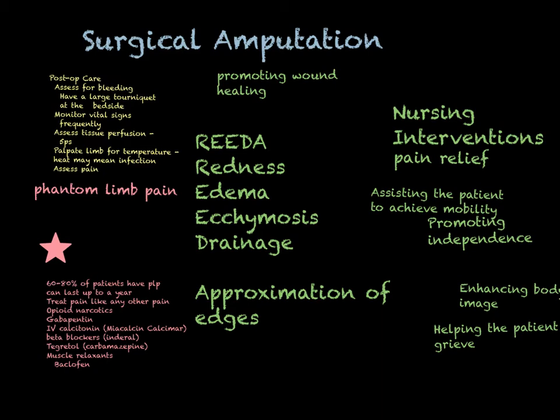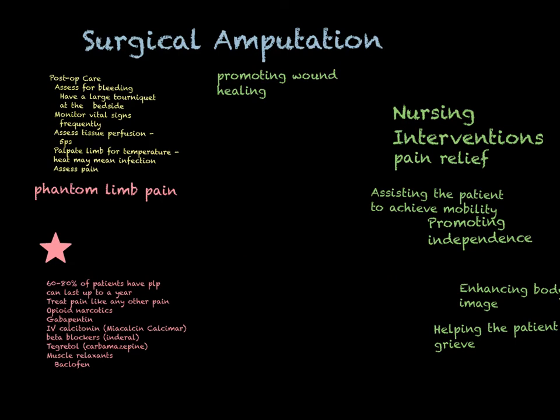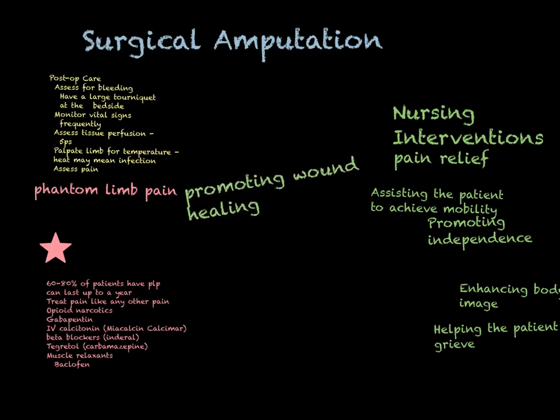And one of the things that is a potential complication with amputation as a surgery, if a suture comes loose, that patient can hemorrhage very, very quickly. So that's RITA, and that's what you look for in any surgical incision, including an amputation. So now I can get back to what we were talking about, promoting wound healing.